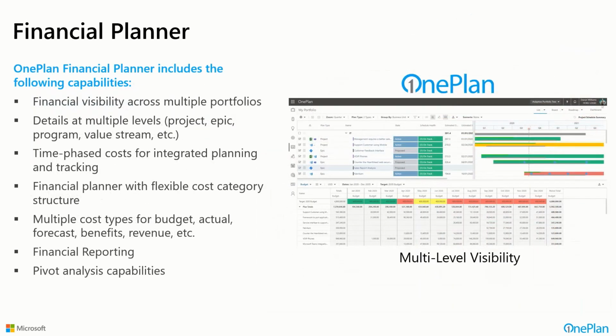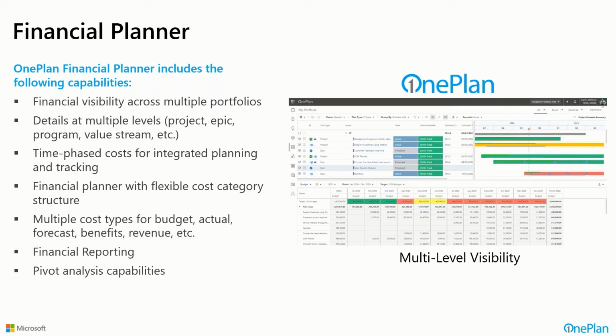Now, the financial planner also includes these additional capabilities: financial visibility across multiple portfolios if you have more than one, details at multiple levels. We'll show you in the demonstration today at the project level, at the program level, et cetera, at the portfolio level.